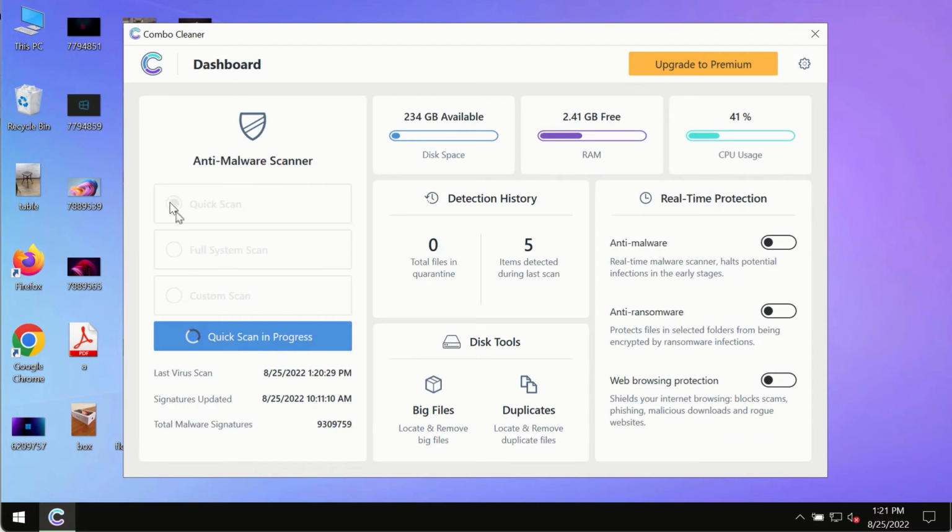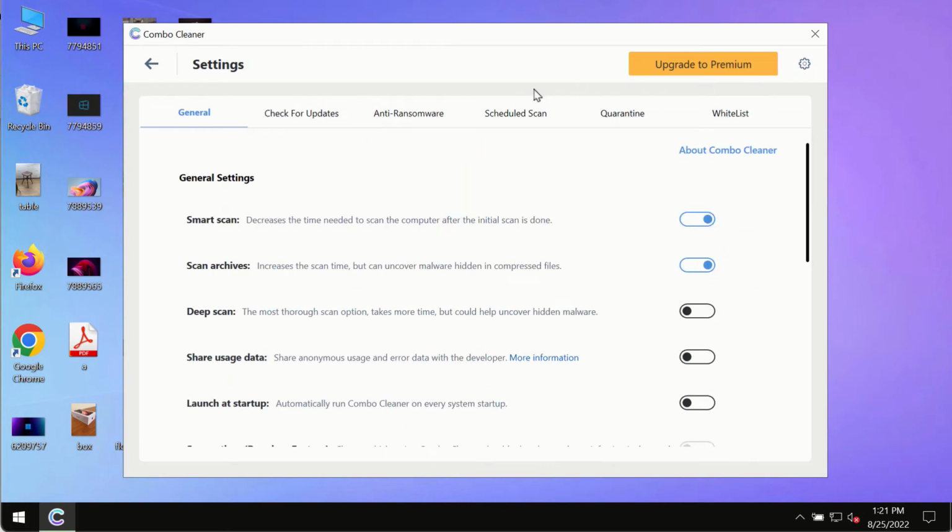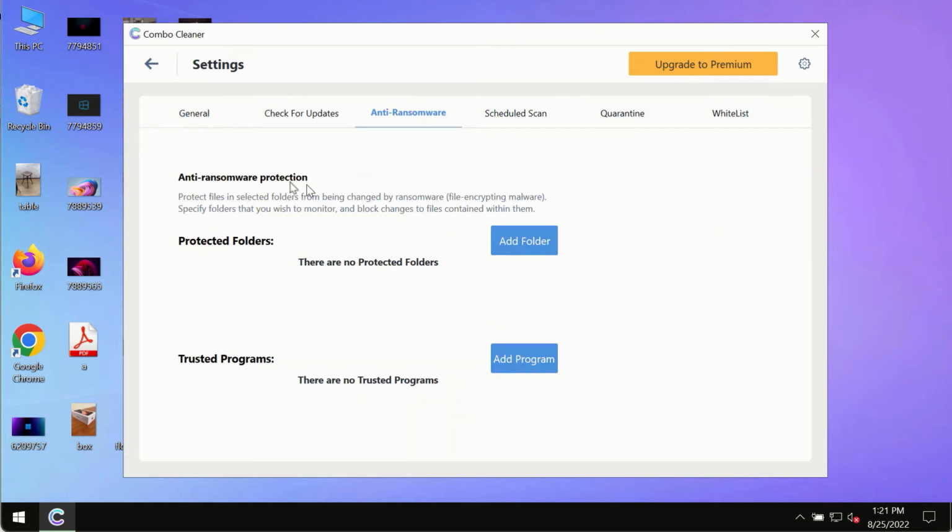Initially, the program is in the trial mode, so only the quick scan option is so far available in the trial mode. The program most likely will first of all update its anti-malware database, and of course this is crucial for proper detection and removal of any malware, ransomware, adware or other infections. While the scanning by Combo Cleaner is taking place, please pay attention to several features in Combo Cleaner such as anti-ransomware. This feature, for instance, allows you to add several folders that will always be protected against ransomware